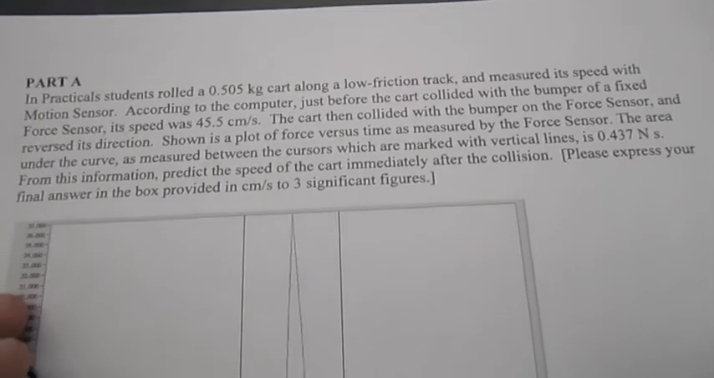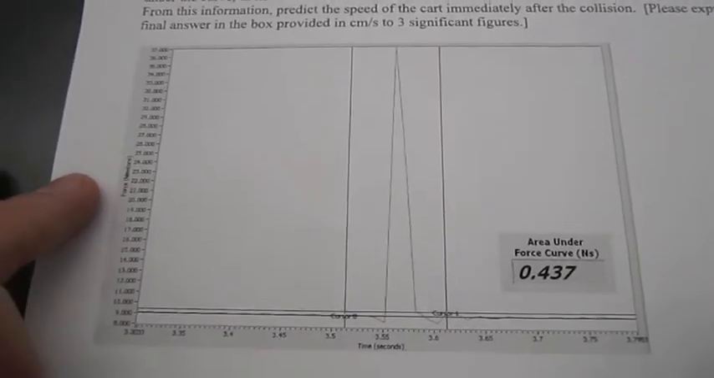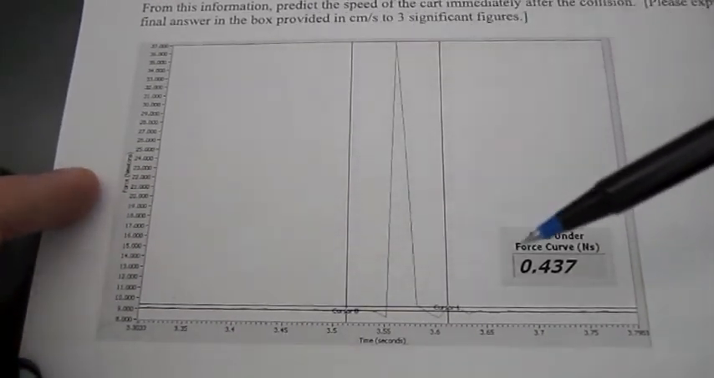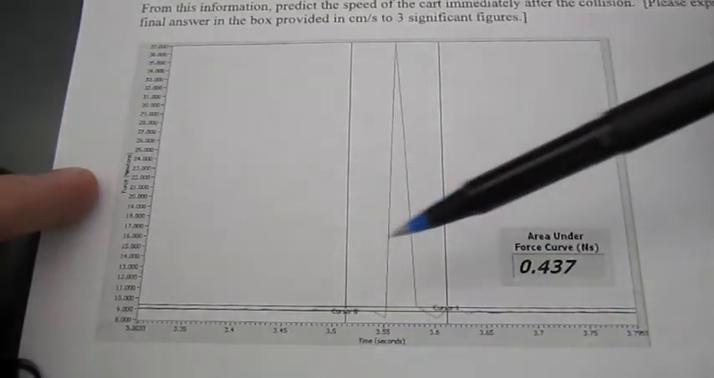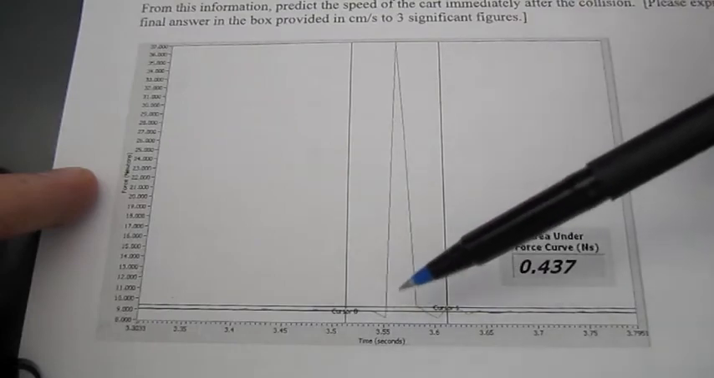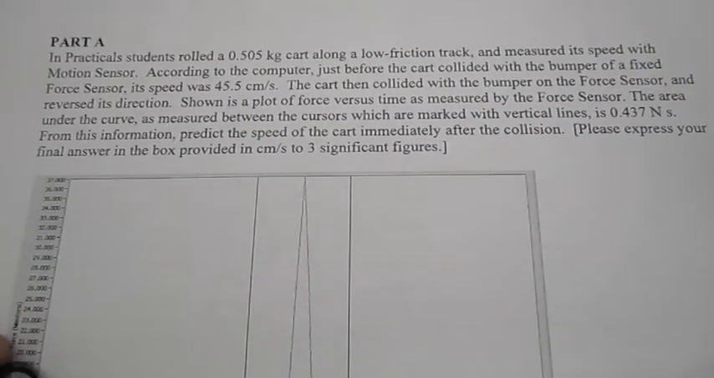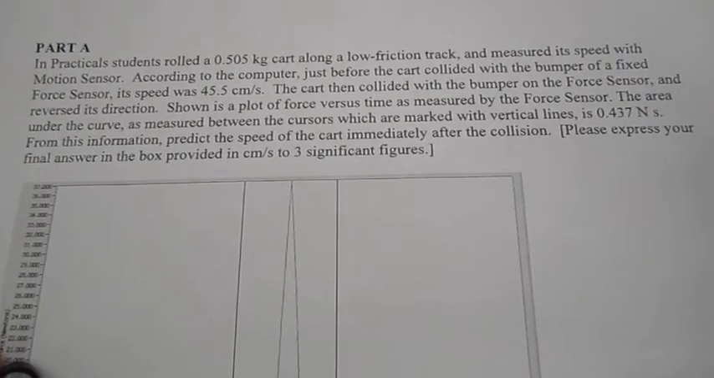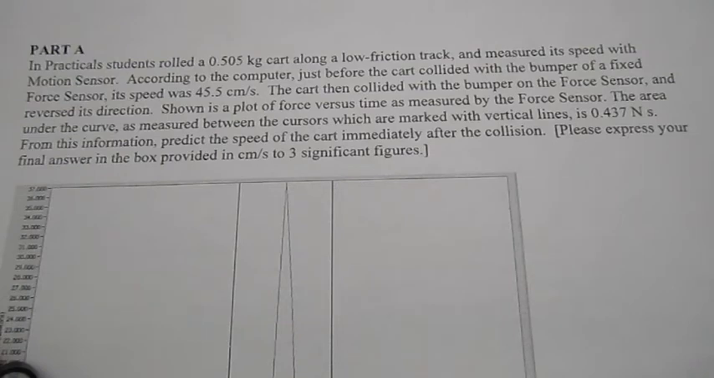Shown is a plot of force versus time as measured by the force sensor. This is what's displayed on the screen. Here is time in seconds, and here is force in newtons, and there's a jaggedy line there which goes up and then across. The area under the curve, as measured between the cursors, which are marked with the vertical lines there, is